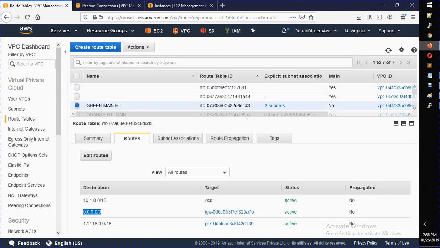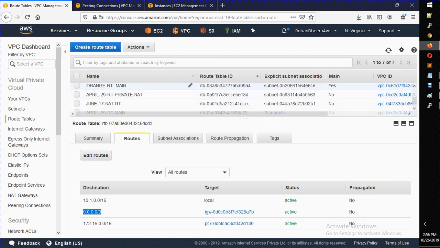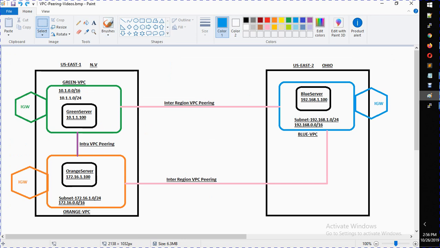This time the route is already there in the green. I'm going to go to the orange table, and right now, apart from 172, everything goes to the internet gateway. That means if you have one more server with 172.16.1.200, it will reach, but any other address goes to the internet gateway, which is very bad. So what I'm supposed to do is edit the route in such a way